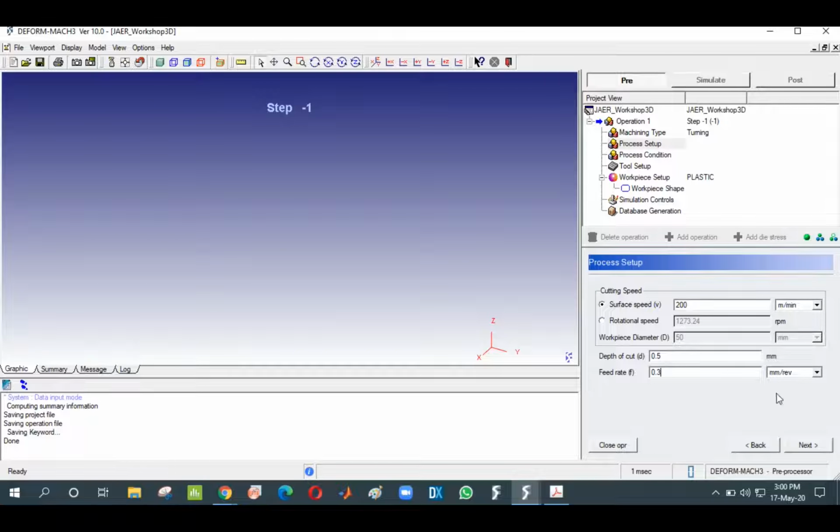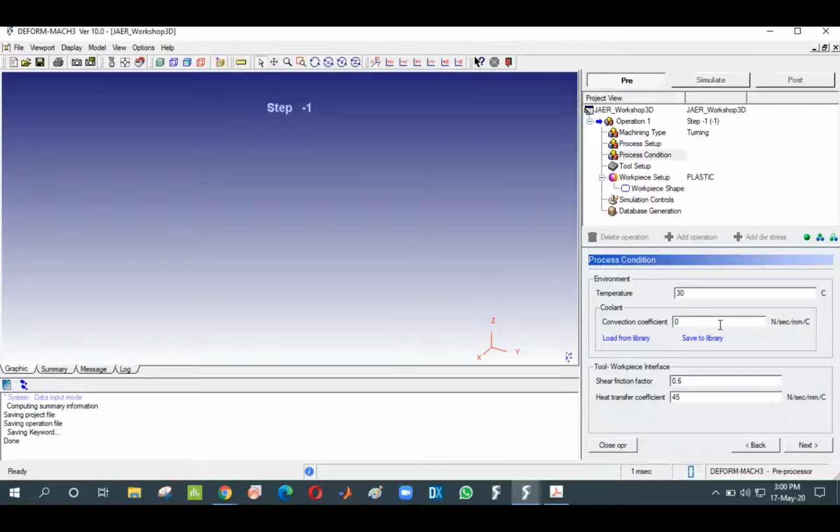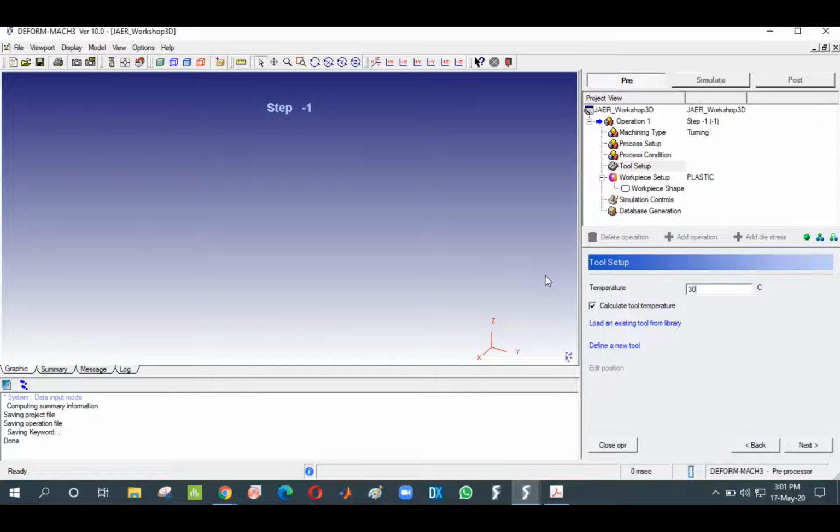So the coolant, if I am going to use coolant, what is the convection coefficient? For different coolants, it will have different convection coefficients. If I am not going to use any coolant, then give it as 0. That is, I am going to consider it as dry machining. That is, I am not going to use any coolants at all. Then next, the tool setup. The atmospheric temperature is 30, right? Then